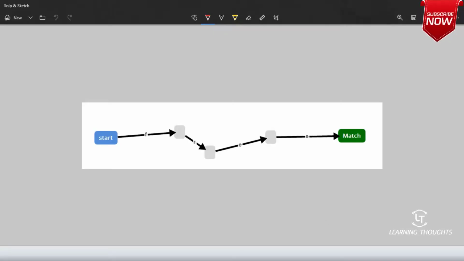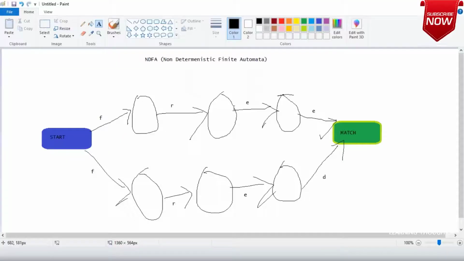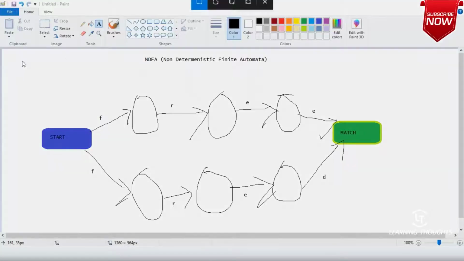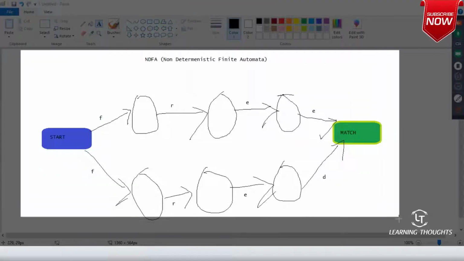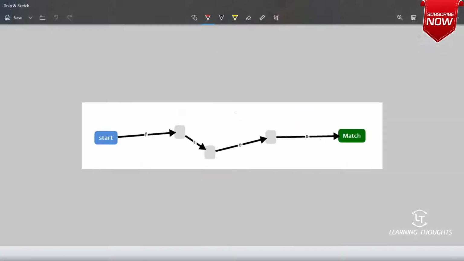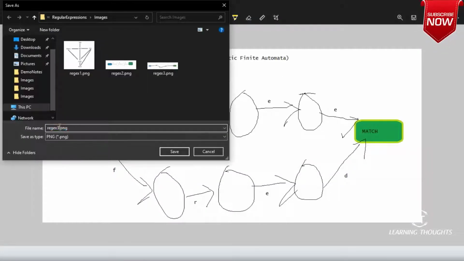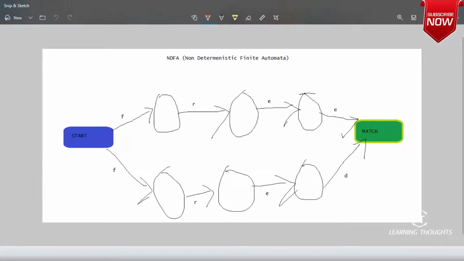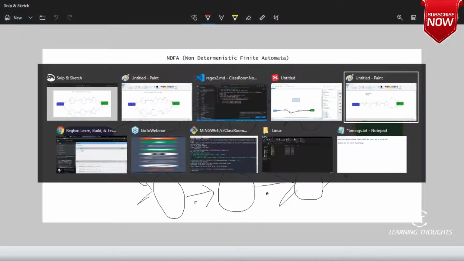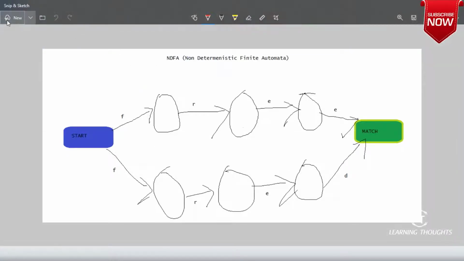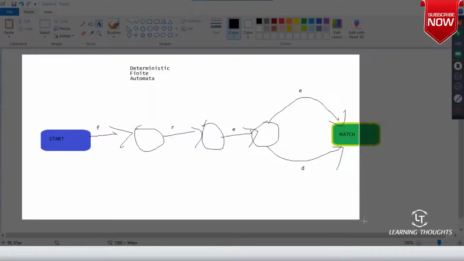All right. So first, let me write this one, non-deterministic finite automata. Right. So this is 4, and then let me go with this.